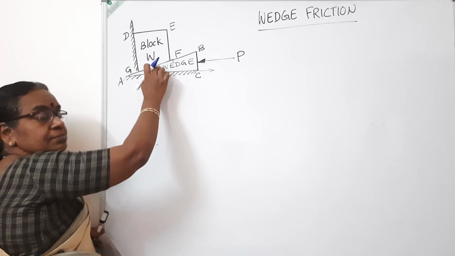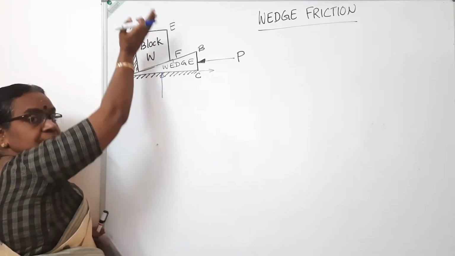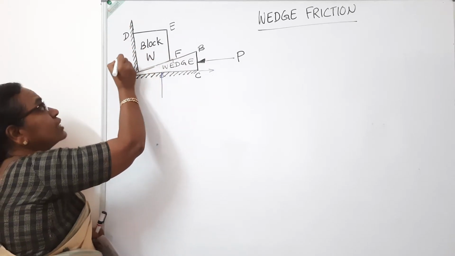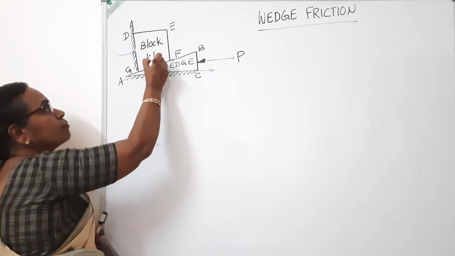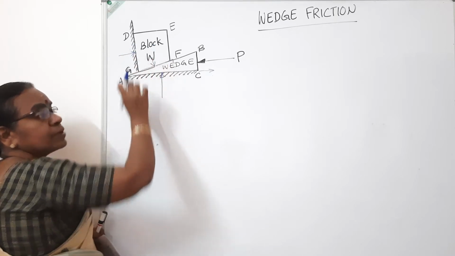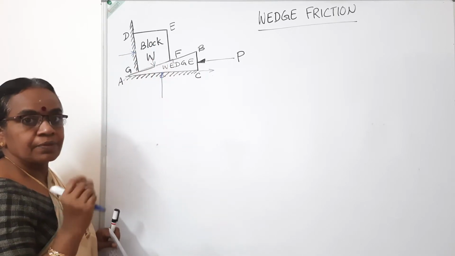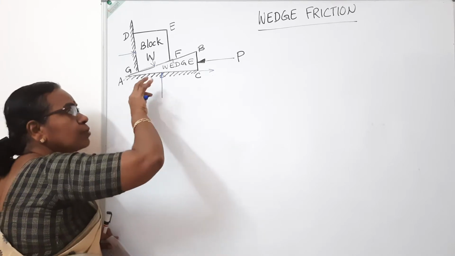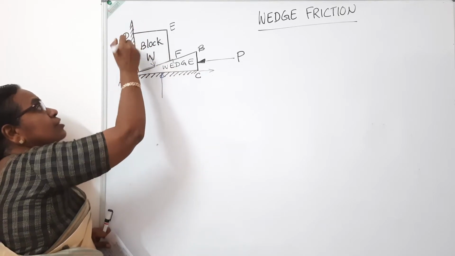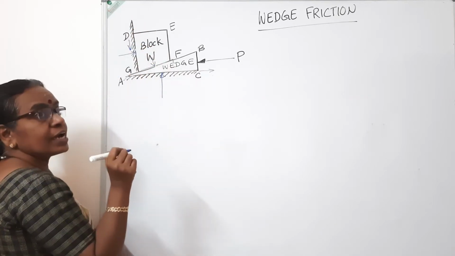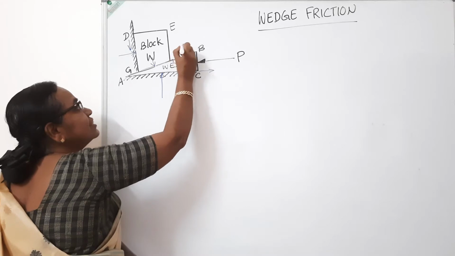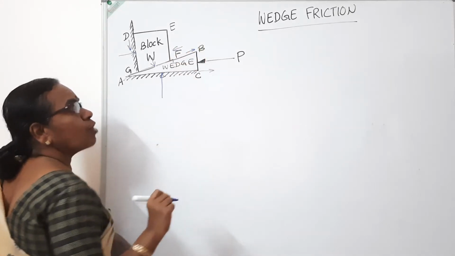And then the block gets moved upwards. As the block gets moved upwards, this is in contact with this surface, so there will be normal reaction here. So there will be normal reaction from the block, normal to this surface, into the wedge, and these are the three normal reactions. There are three contact surfaces. Then there will be friction in this direction, and here, since the block is moving upwards, there will be friction in the downward direction, and the block gets moved upwards, so the friction in the block will be in this direction and friction in the wedge will be in the opposite direction.